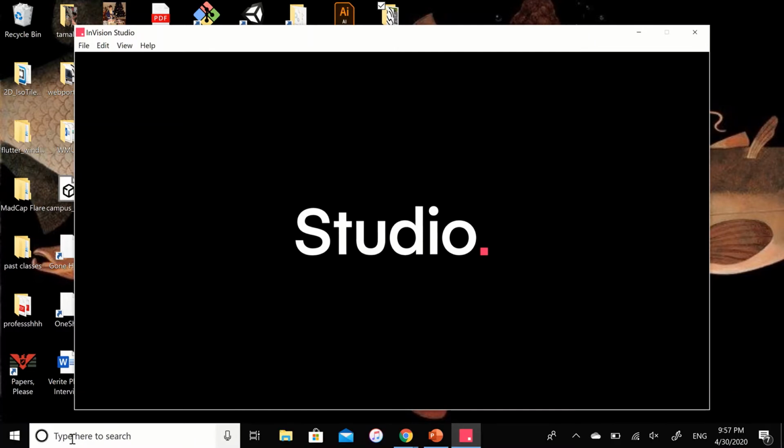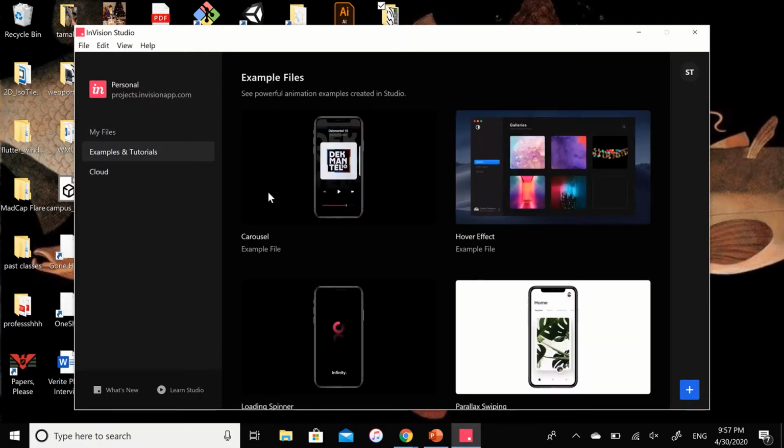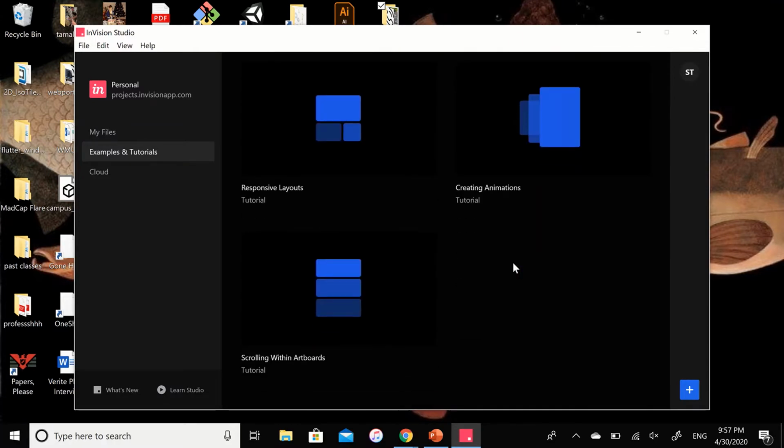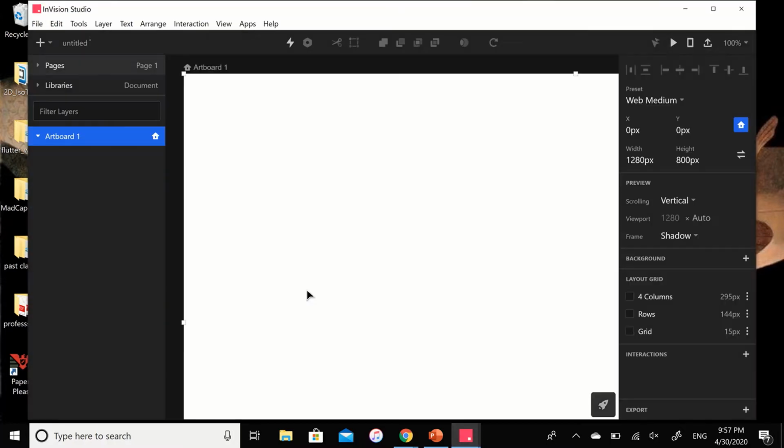So the first thing you're going to see when you open up the application is the files, any files that you have already created on here, and below that are tutorials for different features and presets that the program is capable of. But we're going to focus on creating a new file, and that's going to be at the bottom right hand corner. So you'll just select the plus sign,